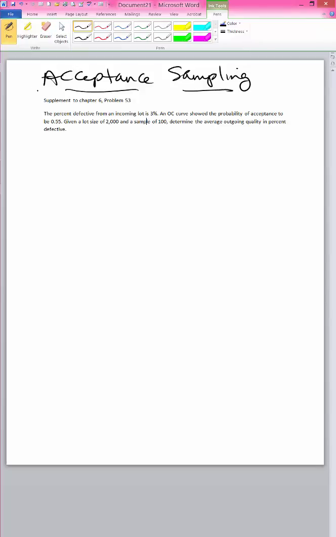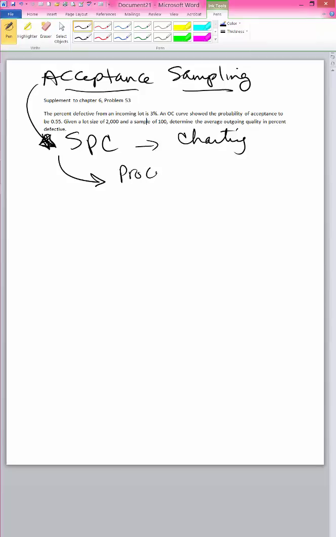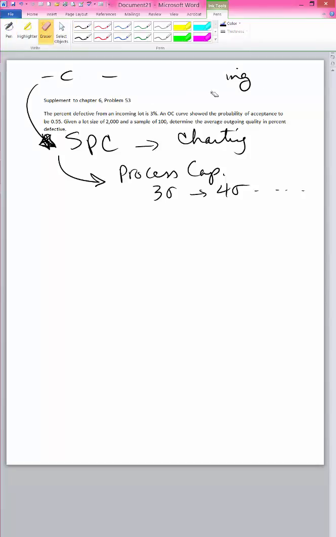So essentially, the next best thing that you should do is statistical process control and control charting. And of course, beyond that, you want to go and do process capability and make sure that you are continually moving from 3 sigma to 4 sigma to 5, 6 sigma, etc. So this problem, problem 53, features